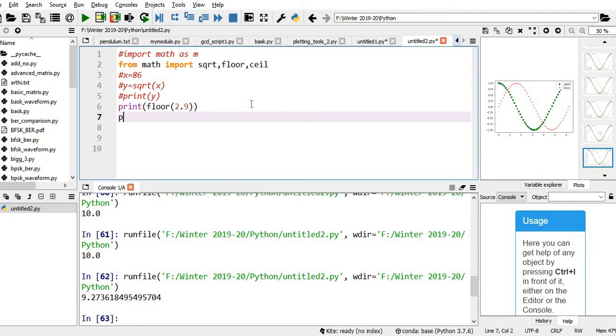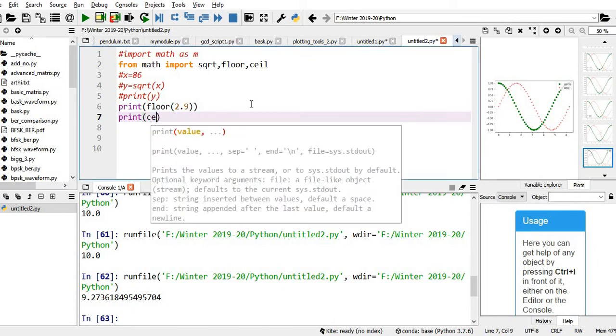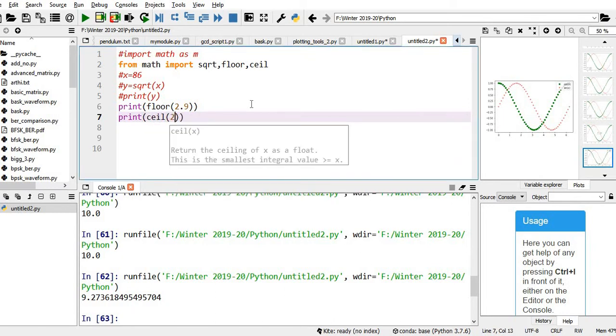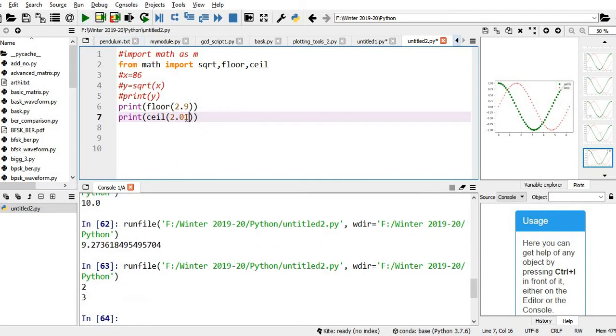Similarly, print ceil of 2.01. Let us try this. You just see, even though 2.9 is nearer to 3, it is rounded to 2. Whereas for ceil, 2.01 is very close to 2, but it is rounded to 3.